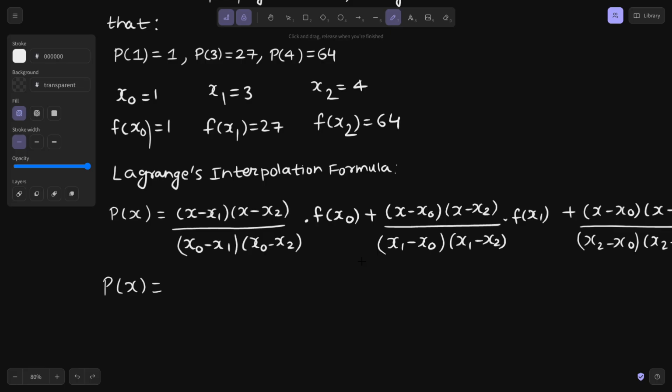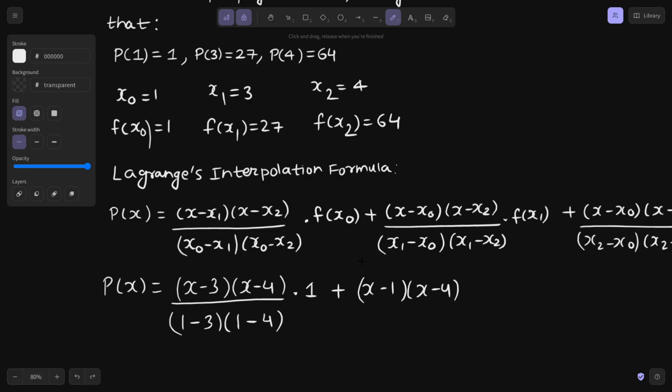So x minus x1, that means x minus 3, x minus x2 means x minus 4. In the denominator, x naught, which is 1, minus x1, which is 3, x naught, which is 1, minus x2, which is 4. f of x naught is 1, plus x minus x naught, x minus x2, x1 minus x naught, x1 minus x2, f of x1,